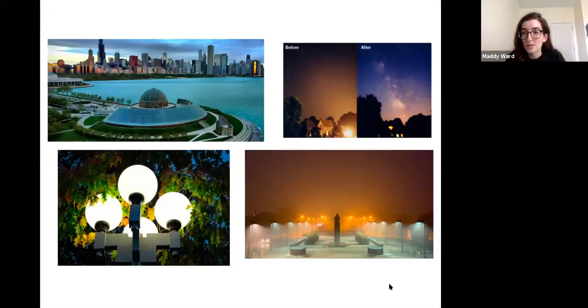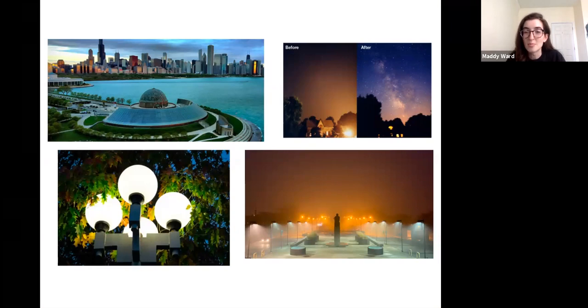And then another project that wrapped up this past winter of last year was with Adler Planetarium in Chicago. So there was a team at DFA and Northwestern that worked with Adler Planetarium to help them solve the problem that they were having of light pollution, especially being so close to Chicago. It's very hard to escape that. And for a planetarium, that's not exactly the best thing to have happen.